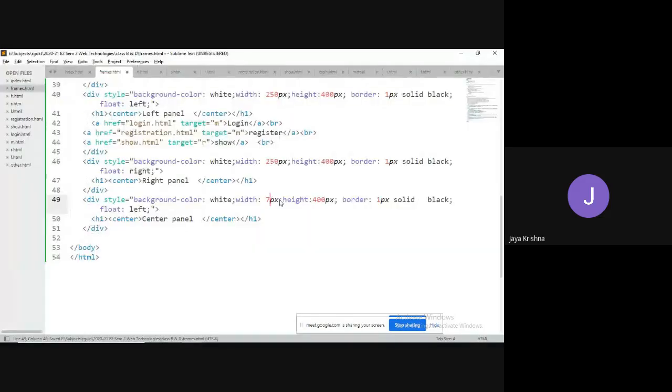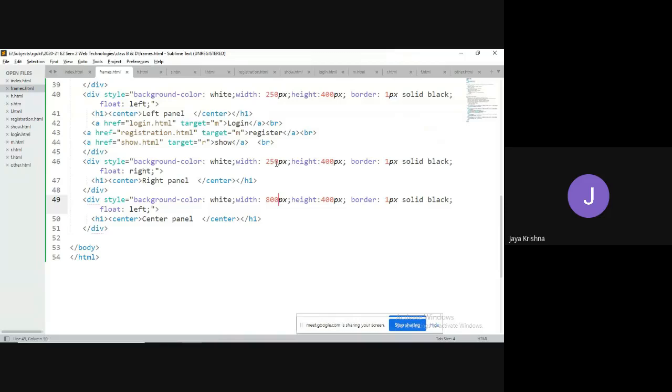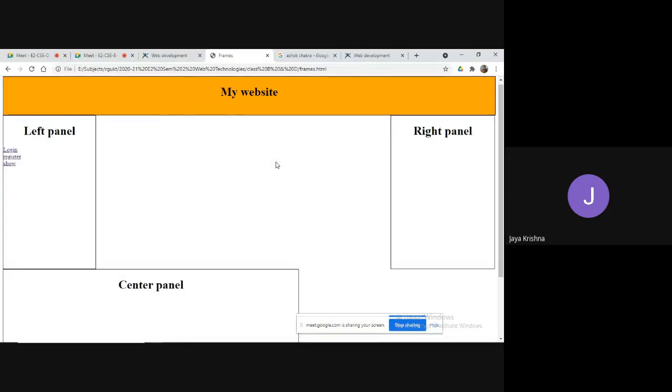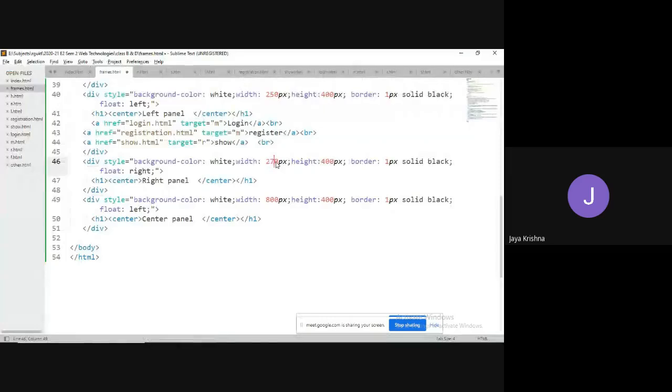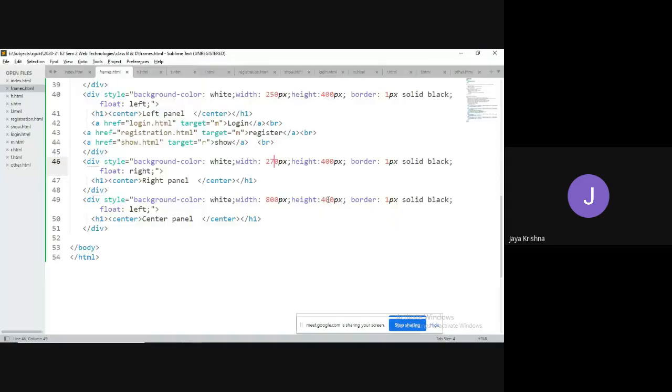Let me take 800 also, okay. It is modifying once again. It's not flexible. Okay, so like that you can use more. For example, here you can write anything, whatever data that you want.